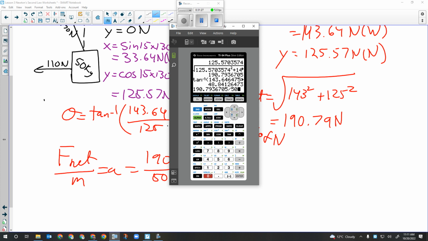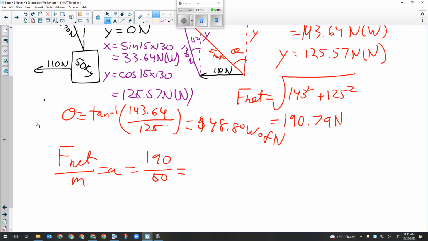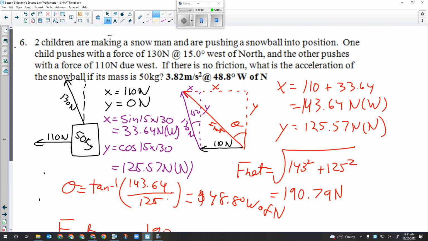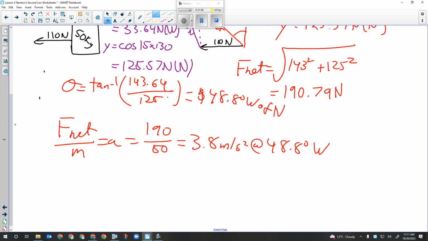Divided by 50. And it is 3.8 meters per second squared at 48.8 degrees west. Oh, sorry, I have 3 significant digits, don't I? So 3.82 meters per second squared at 48.8 degrees west of north, or if you had the complementary angle of